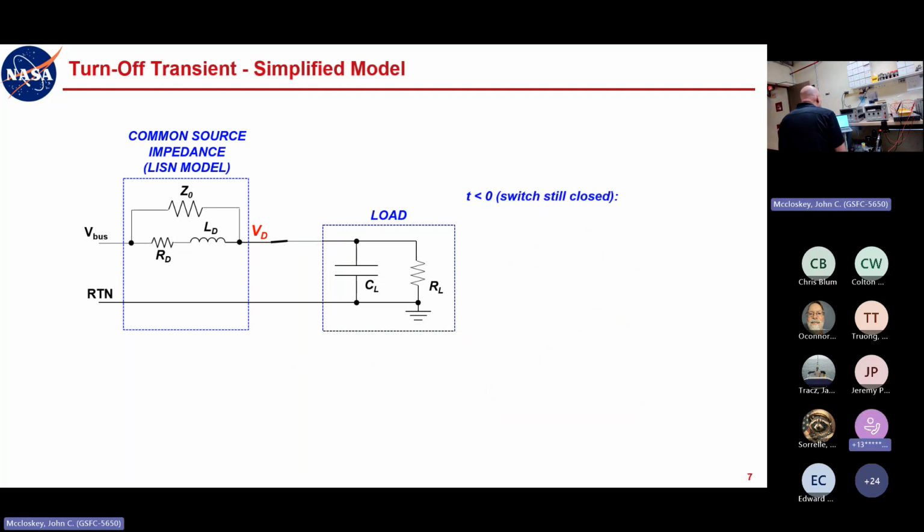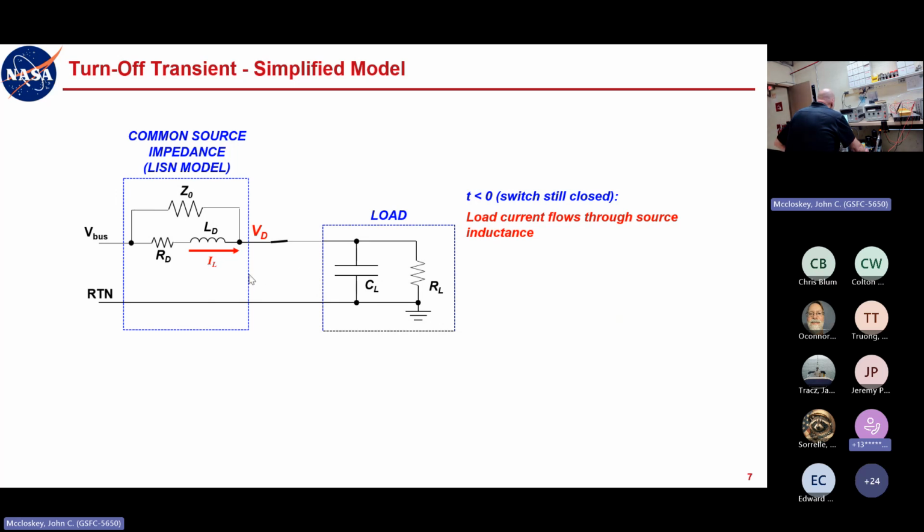All right, so for a turn off transient, the switch is still closed. So you've reached steady state. Your load is just humming along, fat, dumb, and happy, drawing whatever DC current it needs. This is assuming a DC bus. The general case applies to 120 volt AC or just any AC power bus as well, but we generally are dealing with DC power. But you're humming along with whatever steady state power and current you're drawing. And the thing to note here is that you've got that load current flowing through the source